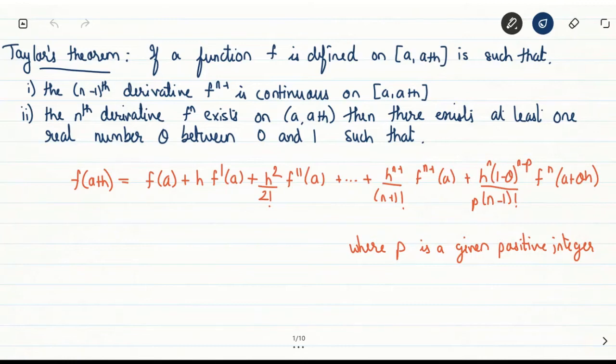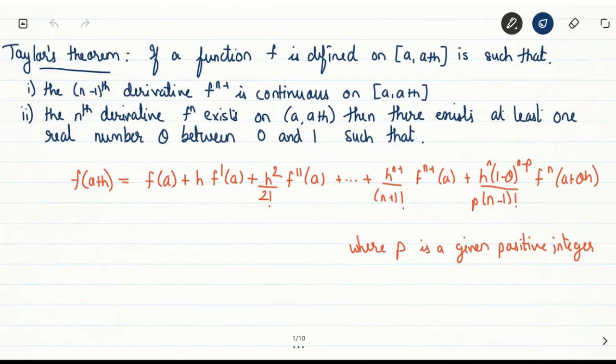The first condition is that the n minus 1th derivative of f is continuous on the closed interval a to a plus h, means all the derivatives of f up to the order n minus 1 are continuous on this interval. The second condition is that the nth derivative of f exists on the open interval a to a plus h. Then the Taylor's theorem gives an existence of a point such that there is at least one point between